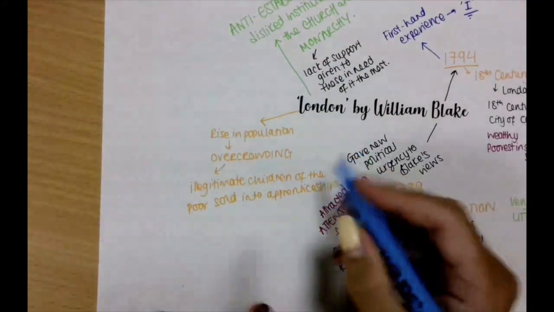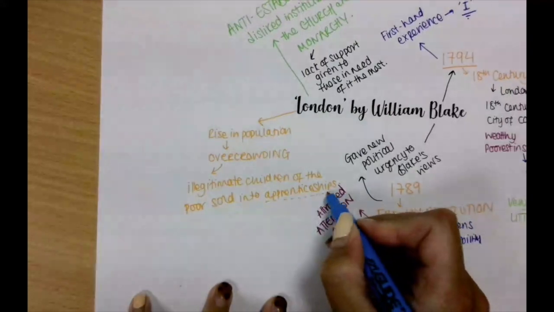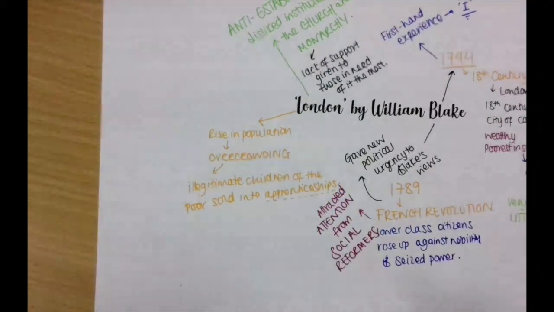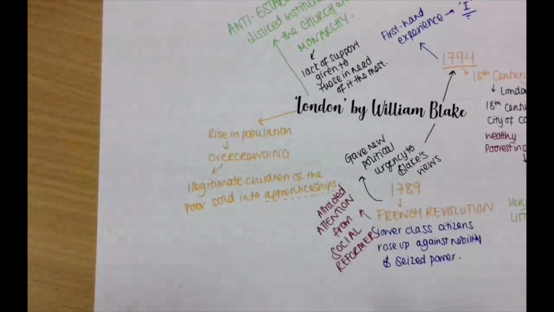Now, this is an odd use of the term apprenticeships, because this is more like slavery, and what I would really suggest, if you are interested in this, because it will help to inform all of your understanding of texts of the Victorian era, is to actually read Oliver Twist by Charles Dickens. And they were sold into these apprenticeships.